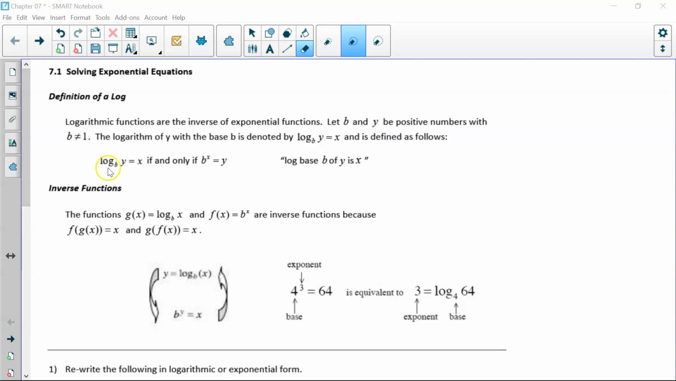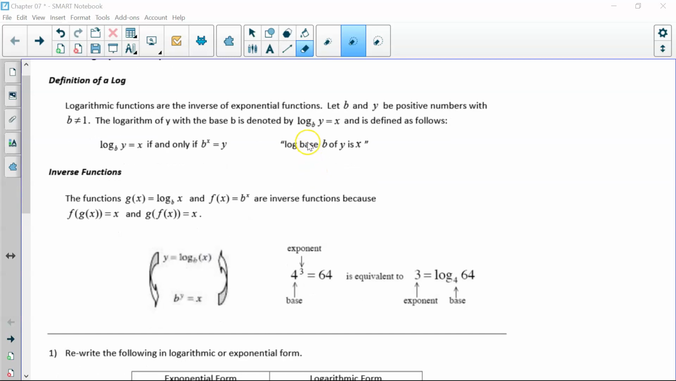So log base b of y, and that's how we read that, log base b of y equals x. And that's true if and only if b to the power of x equals y. So that's kind of telling us how to rewrite these. So when you rewrite these,